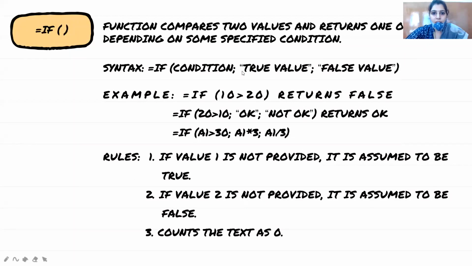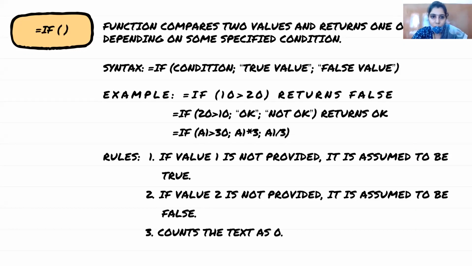Okay, the next is the IF function, a very important function. Remember in 8th class or 7th class we did QBasic and Visual Basic. उसमें आपने if else का concept study किया था. What was that? If condition, you specify the condition in the if block. If the condition is true, then the if part will get executed. And in case the condition is false, then the else part will get executed.